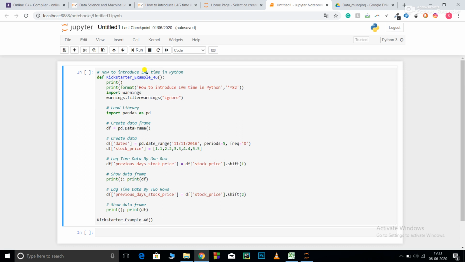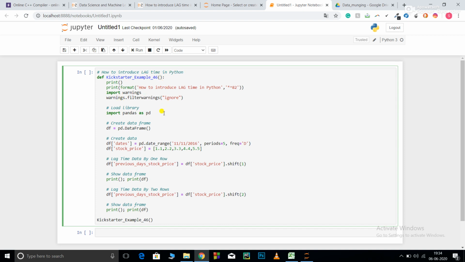So what is lag time? Basically, Python allows us to shift our time without changing the index in order to aid visualization. So how is it useful? Consider an example of a stock market where you have stock prices of a present day or of a previous day. Now you want to see how your stock prices have changed compared with the stock prices of the previous date. In order to do that, you can create a column side by side for better visualization.